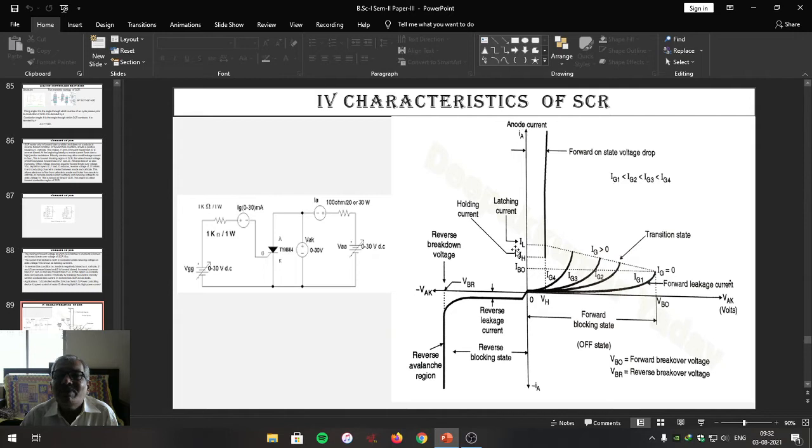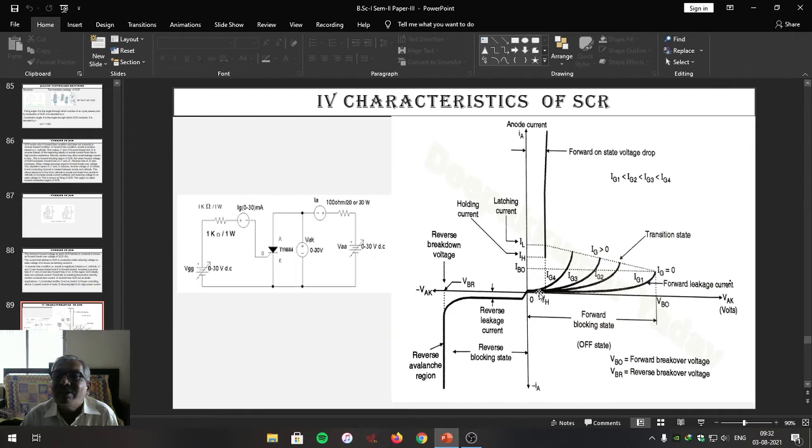So this is the plot which is represented here. On the x-axis anode to cathode voltage is taken, on the y-axis anode current is taken, and in that particular quadrant the graph is plotted. From the nature of the graph we can say, look here, this is the graph for IG equal to 0. Here IG is kept constant, and for that we have plotted the graph. Second one is, say, for IG1, which is different from 0. It increases.